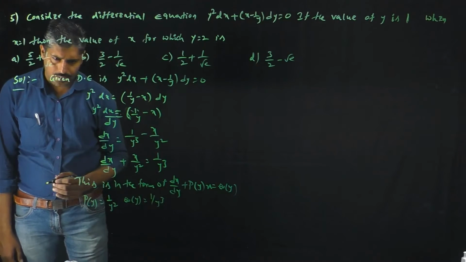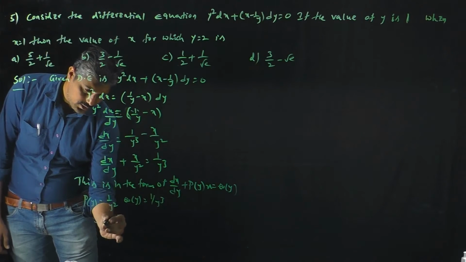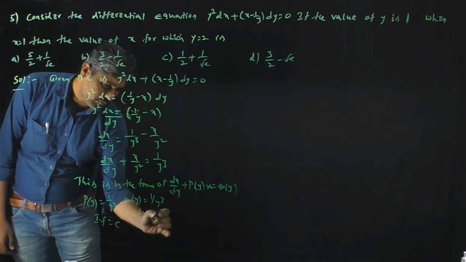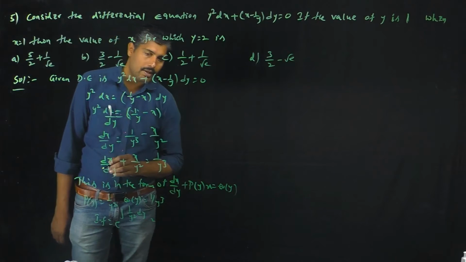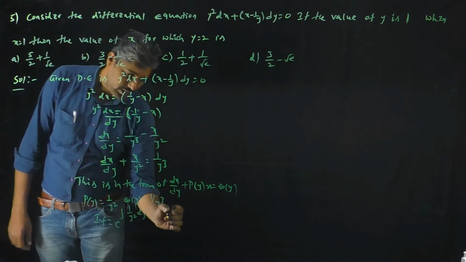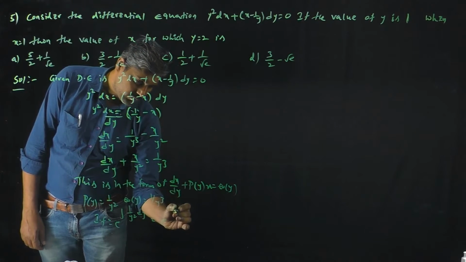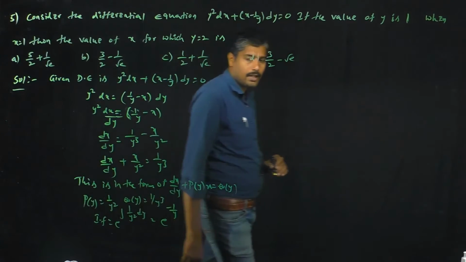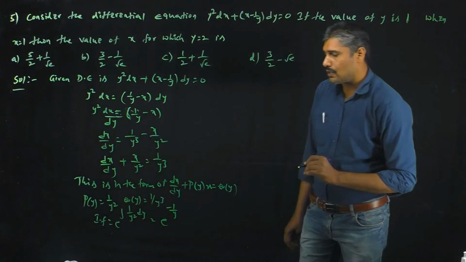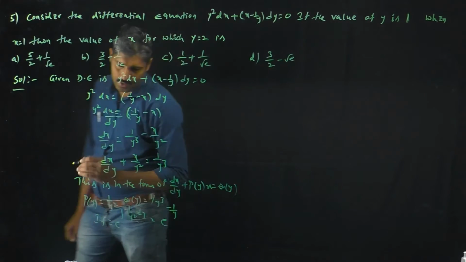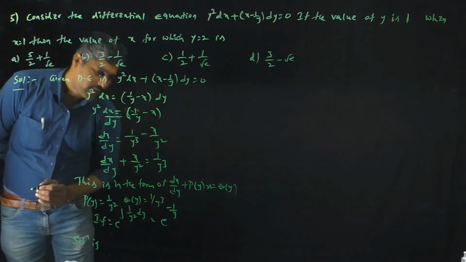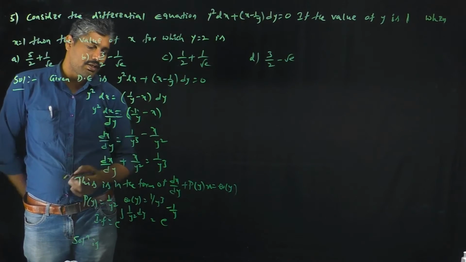First, to find the integrating factor, IF equal to e power integral 1 by y square dy. We know that integral 1 by y square dy equal to minus 1 by y, that is e power minus 1 by y. So IF equal to e power minus 1 by y. Then the solution, this is the linear differential equation in x, is